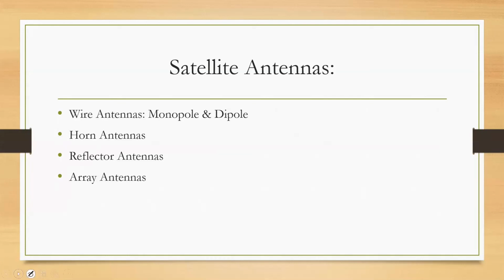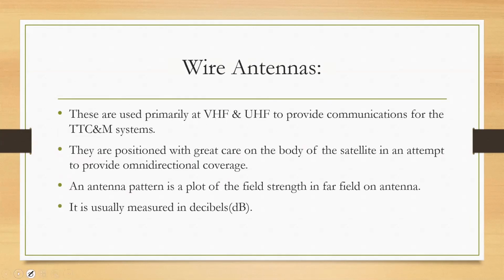They are not only used as a simple antenna but also as a part of a reflector antenna to feed it, so that it has a large surface illumination, better efficiency and a higher gain. The array antenna is used in case you need different communication with different areas. We use multiple beam signals, and each beam is transmitted through a different antenna, so we can communicate with a different area.